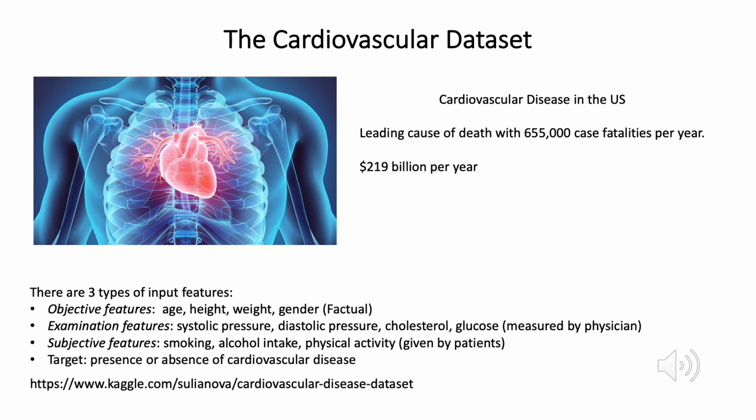The cardiovascular dataset was derived from Kaggle and comprises 70,000 observations and 11 features. The features can be divided broadly into three different categories. Category 1 is the objective features, which are factual, such as age, height, weight, and gender. Category 2 is examination features, which are measured by the physician, such as systolic blood pressure, diastolic blood pressure, cholesterol,